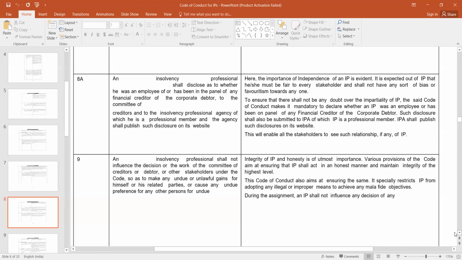The question here is, XYZ Limited is undergoing CIRP. PNB Nariman Point is one of the financial creditors who has advanced loan to this company, XYZ. You are the statutory auditor of PNB Nariman Point. Now, whether you can be an IP of this XYZ or not, that is the question. Yes, there is no bar, disclosure, I think. No bar, but we should not accept. But there is no bar actually. But we need to check the 3 years criteria, actually. Sir, do we need to check the 3 years criteria?